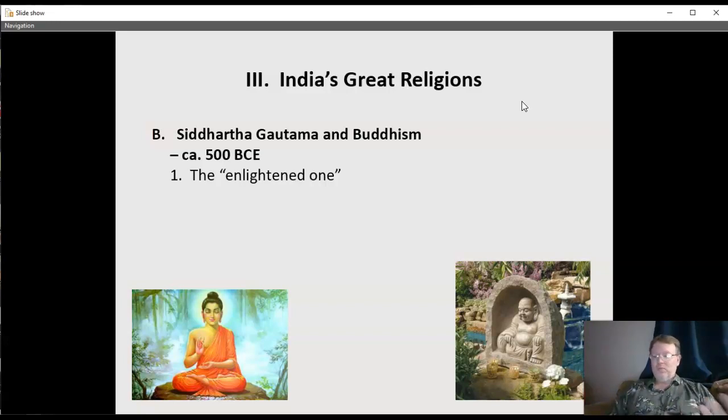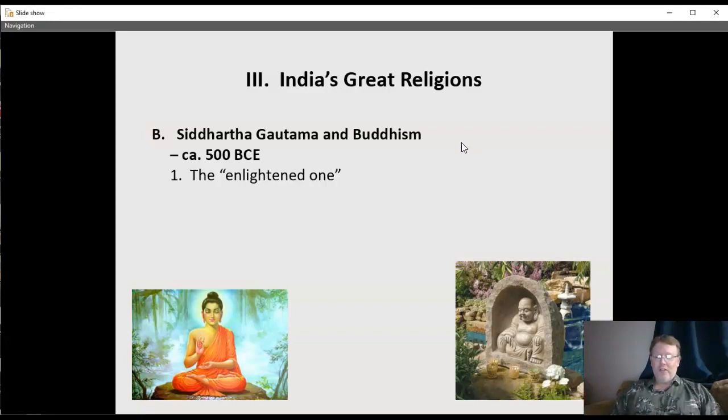And so he becomes very popular with people because he offers them an alternative, saying there's another way, other than this oppressive elitist system of Brahmanism. And this other way is Buddhism. After he achieves enlightenment, he believes he's able to talk to the gods and get messages from spirits. He really becomes a public speaker and a prophet of the gods, and gets many, many followers, thousands